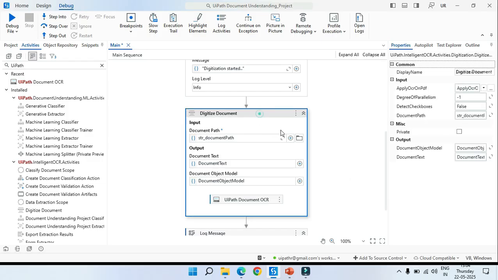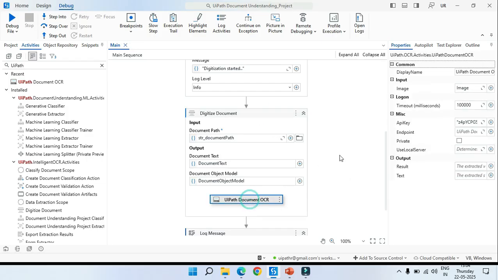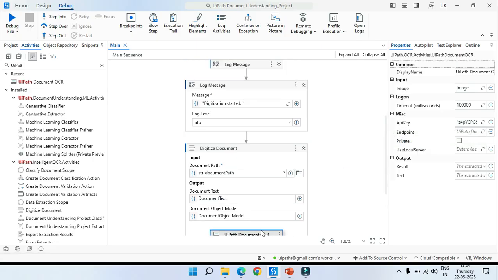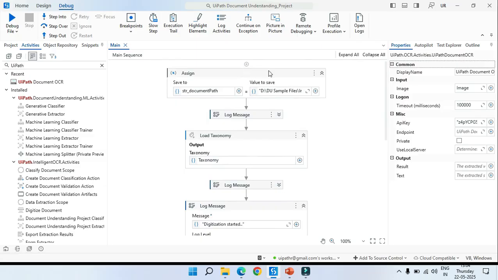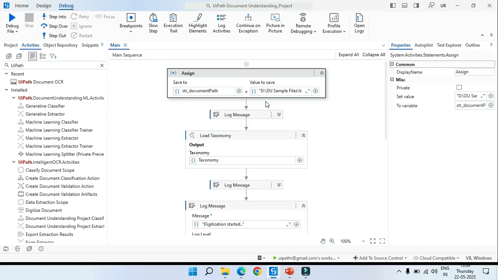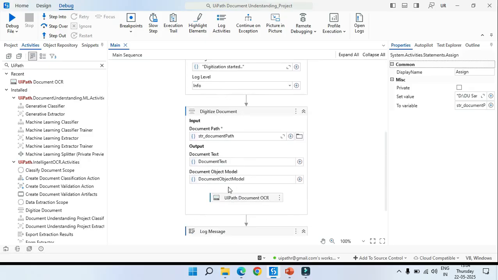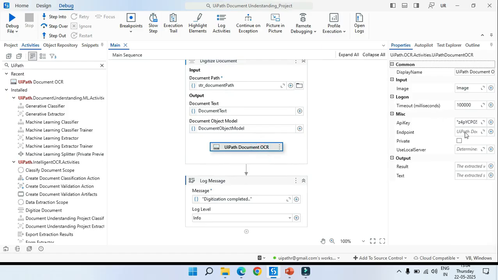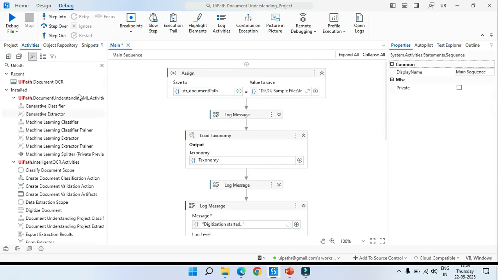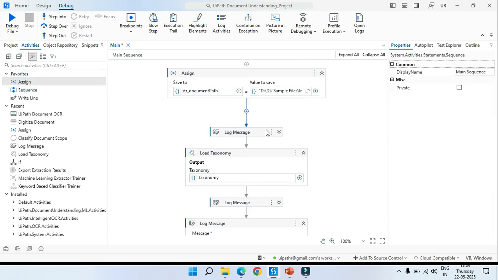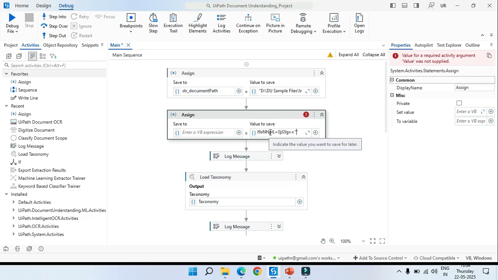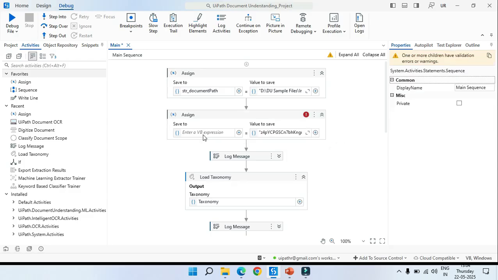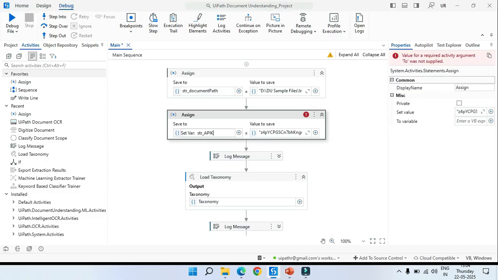But if it's not updating, you can store this API key in UiPath Orchestrator assets and then get it from there. Then in the initialization part, you can assign it to a variable and use it here. You can pass it as a string, correct? So I can show you like this. For now I am using one Assign activity. This is for the API key, and we can pass it this way. You can name it str underscore API key.